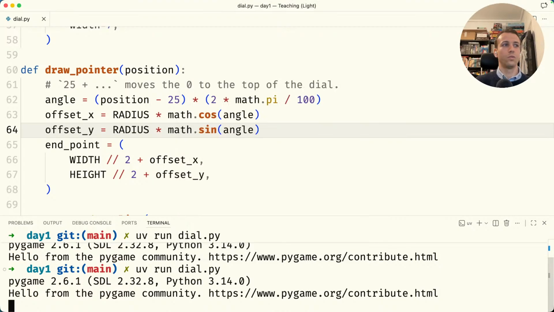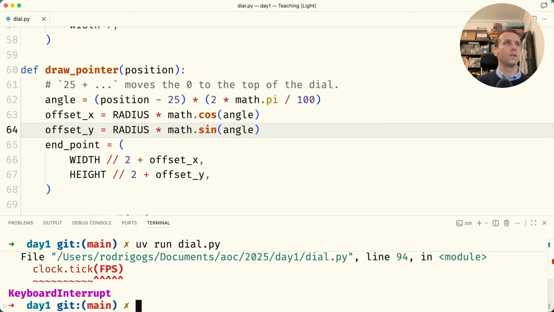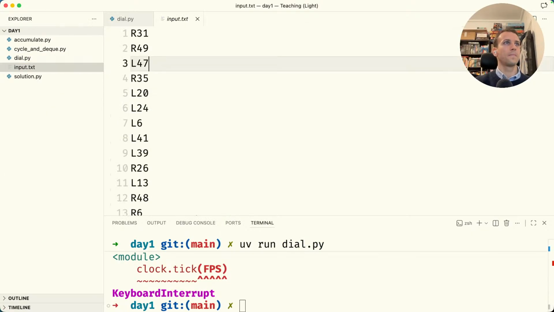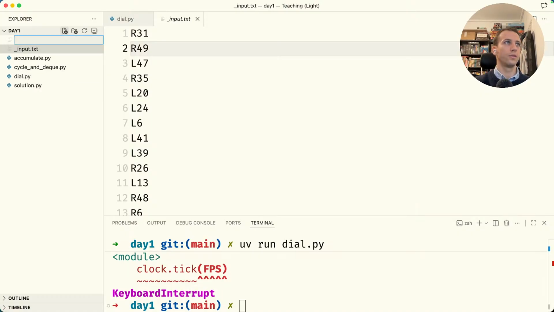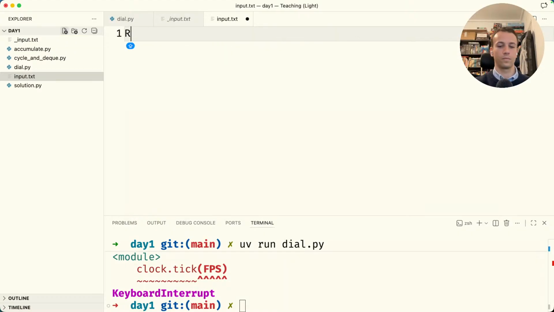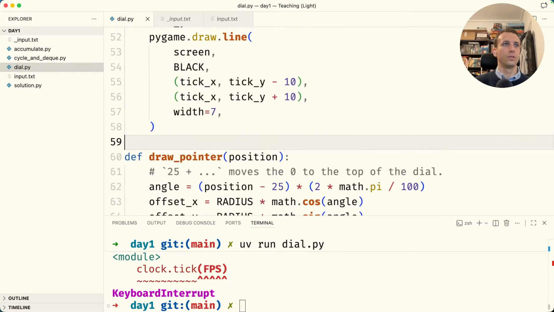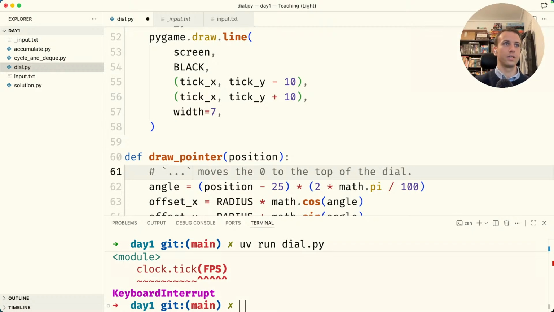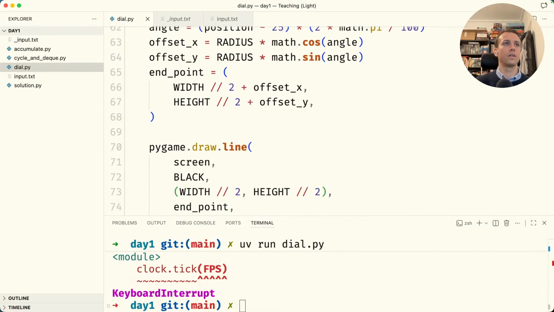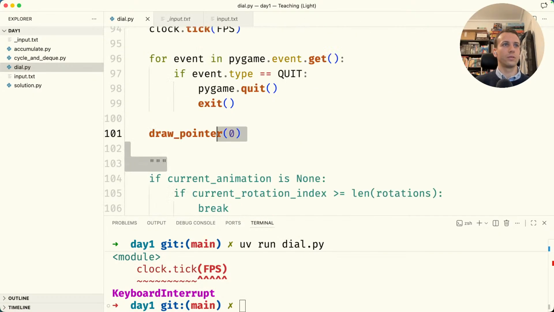Amazing. And I'll tell you what, when you go left, let me... Where's my input file? I'm going to save this elsewhere. I'm going to create a fake input file that just has a single rotation to the right. If I restore my animation code, so let me fix the comment because now I'm lying. So position minus 25. And now if I reset or restore the animation code,